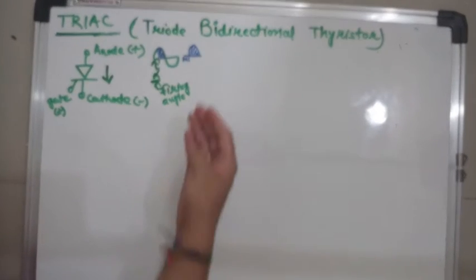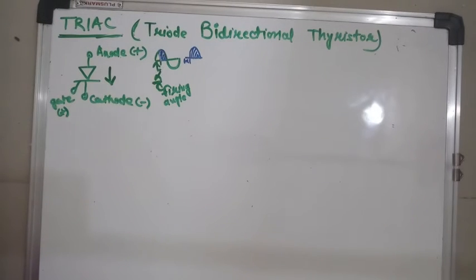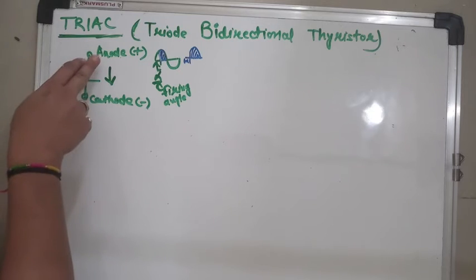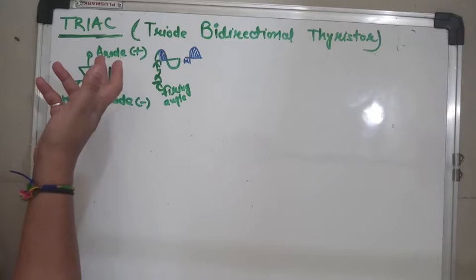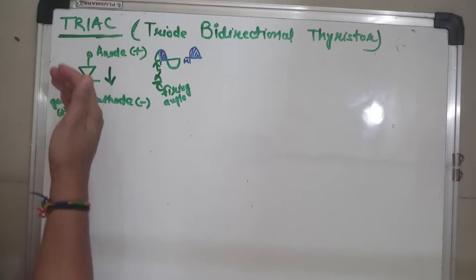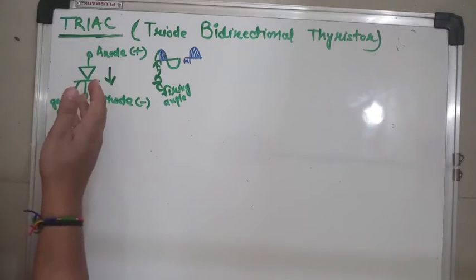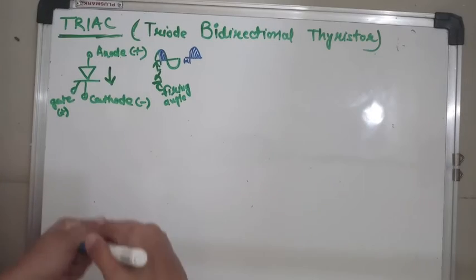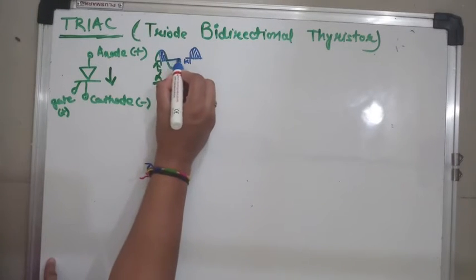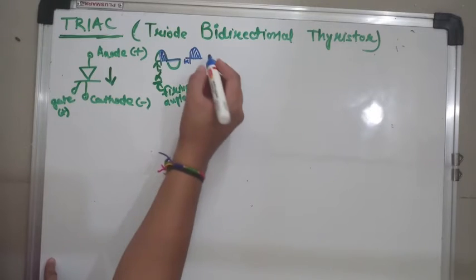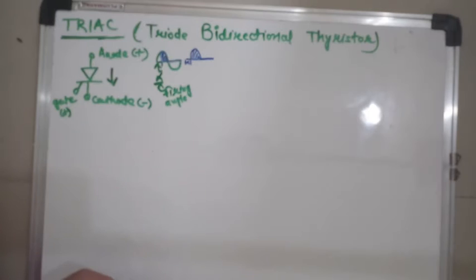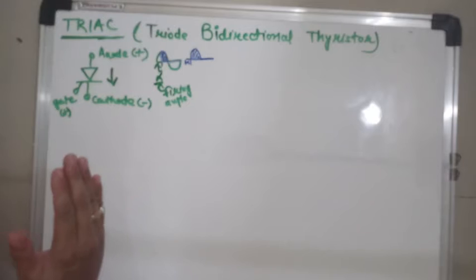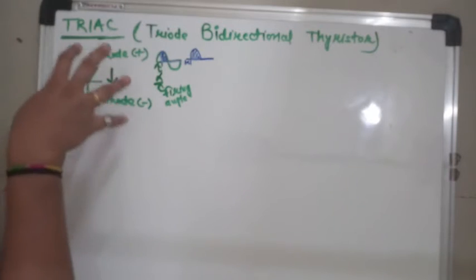But during the negative half cycle, your anode is negative with respect to the cathode, so the SCR automatically goes off as the voltage and the current passing through the device go to zero. So there is no output during the negative half cycle. That is the major drawback of the SCR. When you use the SCR to control an AC load, it can control only the positive half cycle, as in the negative half cycle the device remains off.